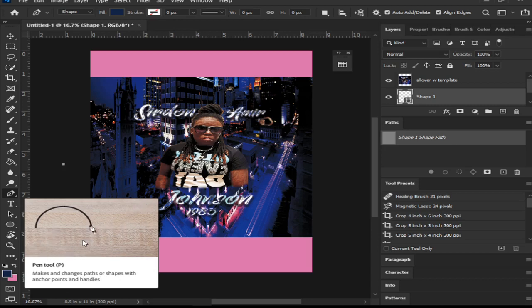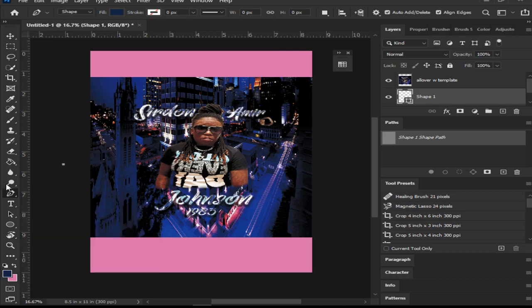You probably will use this a lot. I'm not gonna go over it right now, like I said, but we'll get into all that. And this is the pen tool. You press the letter P on your keyboard, and you have these within its set. You have the freeform pen tool, the curvature pen tool, the add anchor point tool. You have the delete anchor point tool, and the convert point tool. Oh, it's point, my bad. All those are point tools. Alright,